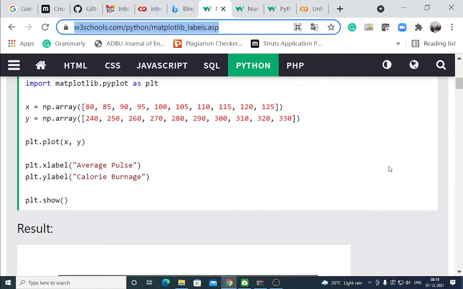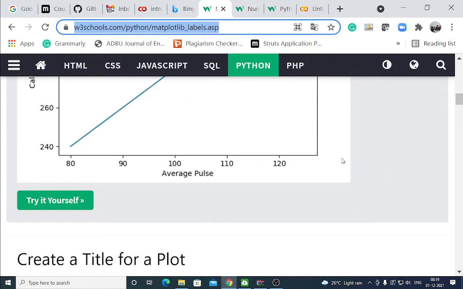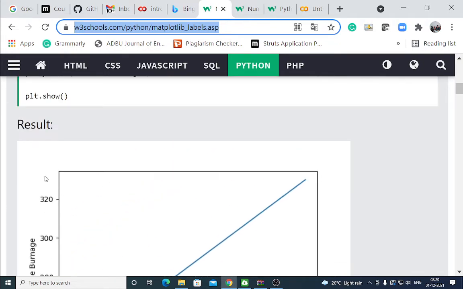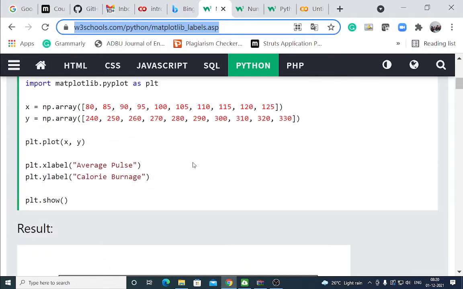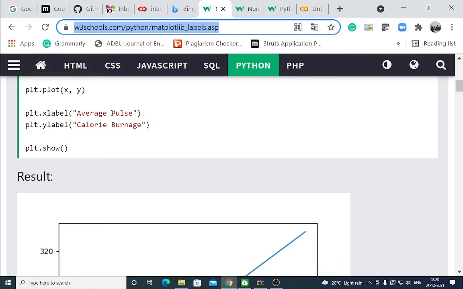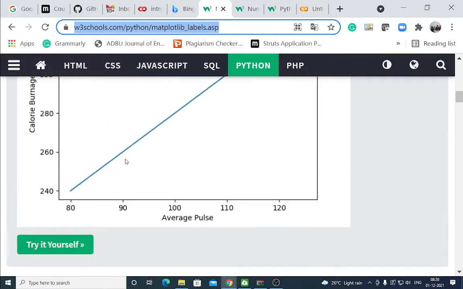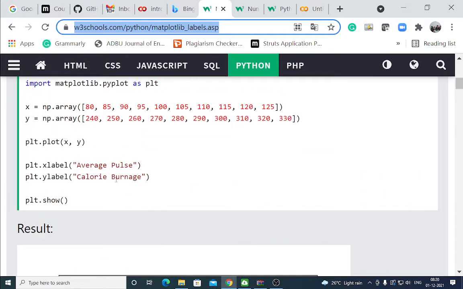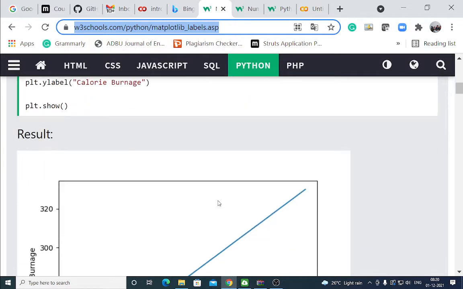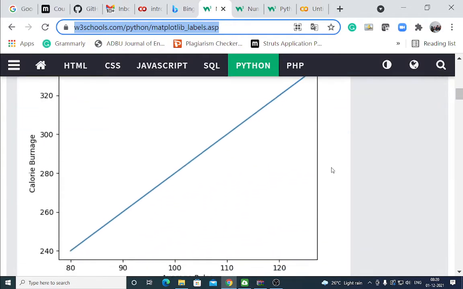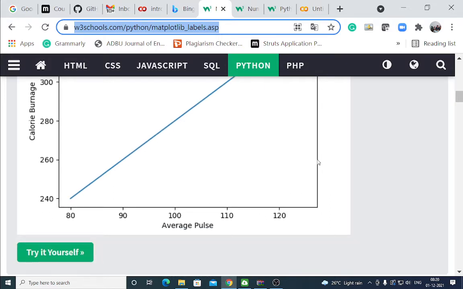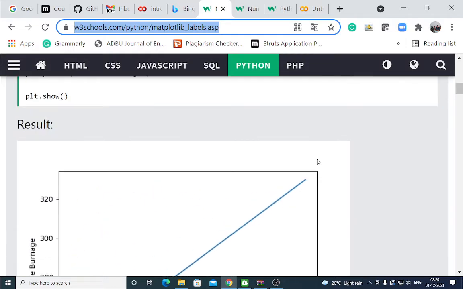The first array elements are for the x-axis and the other array elements for the y-axis, and you have to give the label average pulse for x and calorie burnage for y, and show plt.show. Like that you use matplotlib to visualize the data in data science.